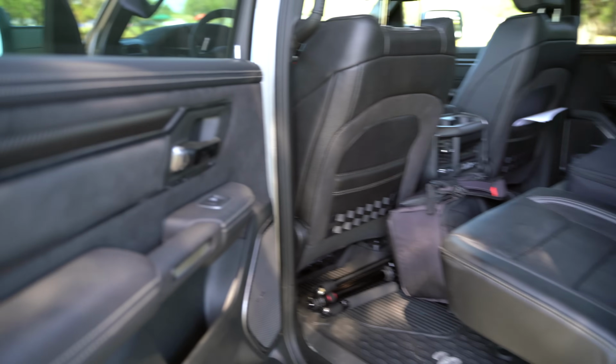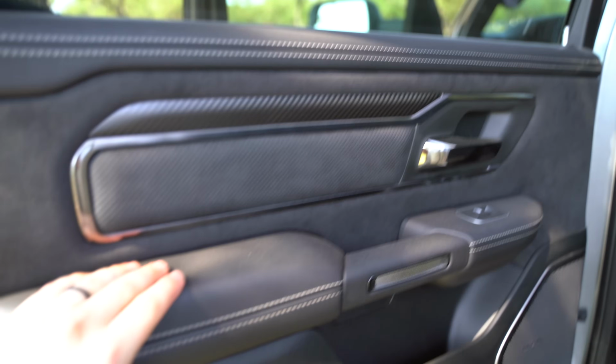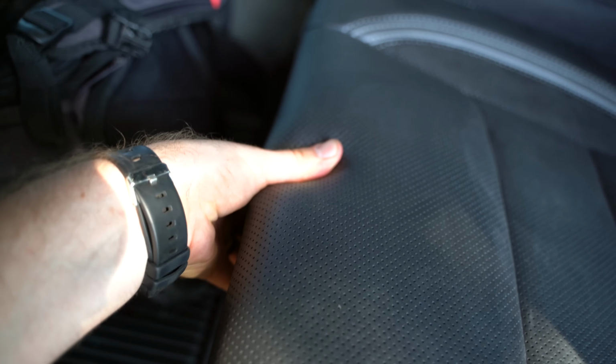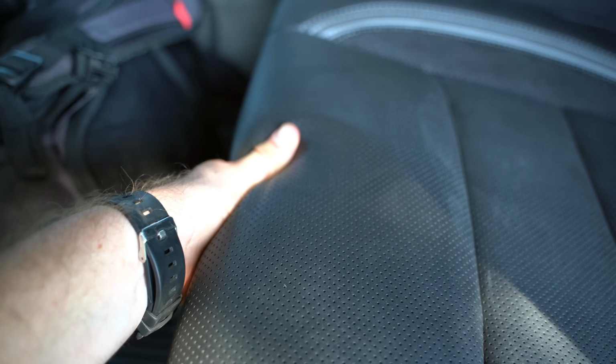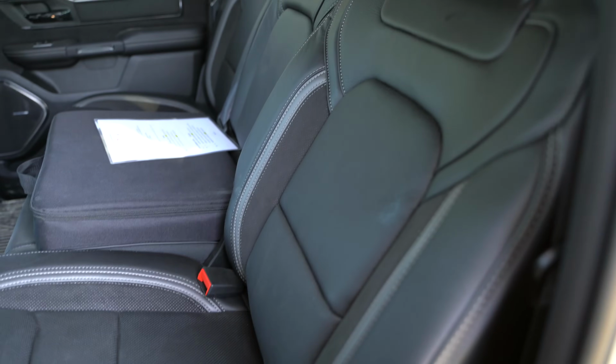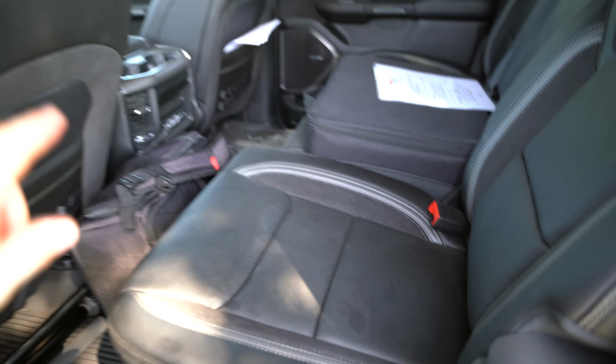The back seat is also a nice place to be. I won't spend much time here, but nice material, nice armrest. So Ram definitely didn't have to do that, but they did. And like the upper trims of the Rams, this has those reclining seats with the lever under here. So I pulled it out, and as you can see how much further out that seat bottom is. So you've got a reclining second row, and then all the space and amenities that you're used to, like heated